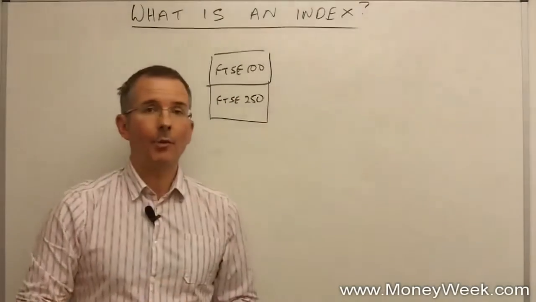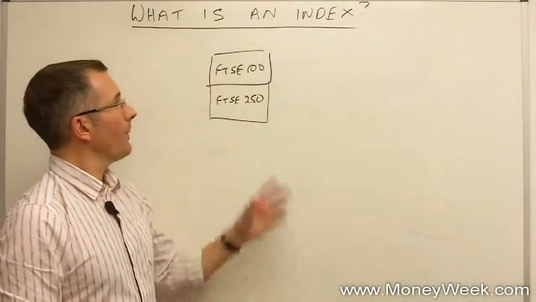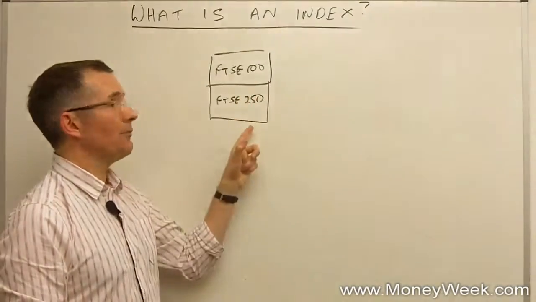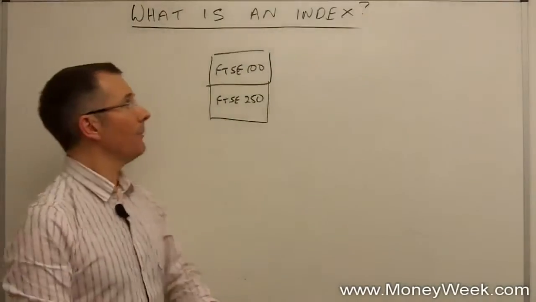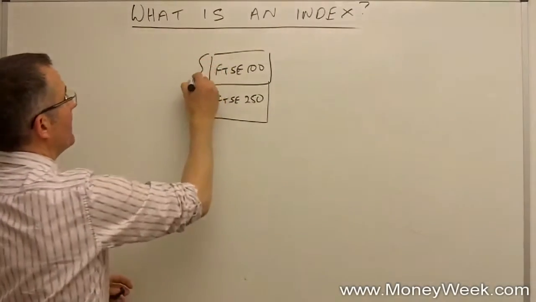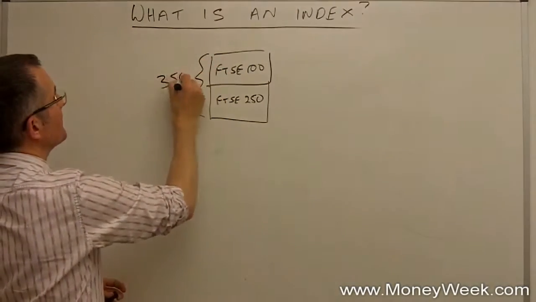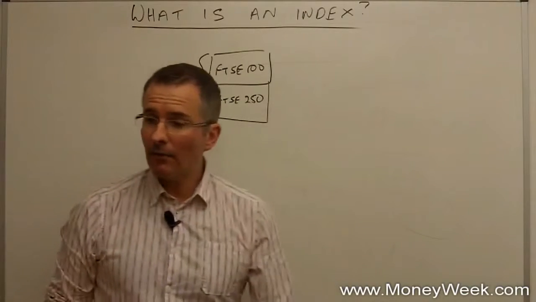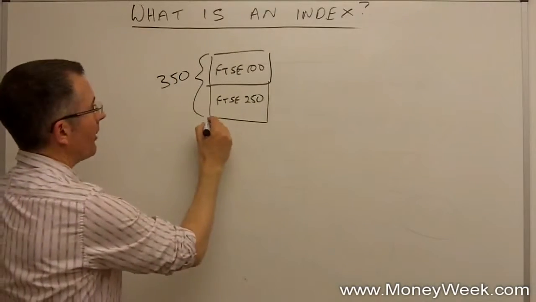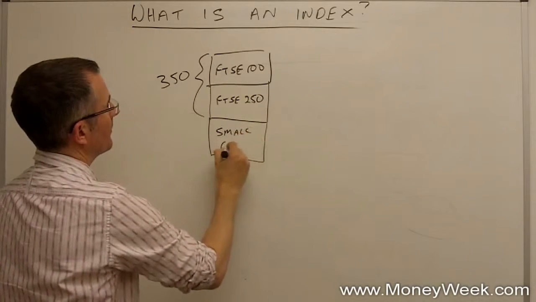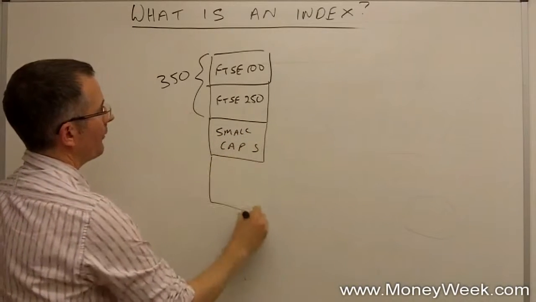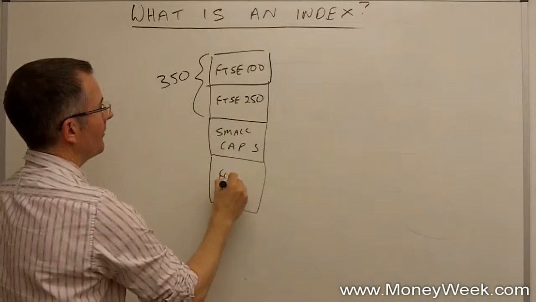And a common mistake worth pointing out at this point is that it is the next 250 biggest, it's not the FTSE 100 and another 150. Combine them, you'd get the 350. And then carry on down in terms of size ranking. You hit the small caps, carry on further still, and you hit the fledglings,